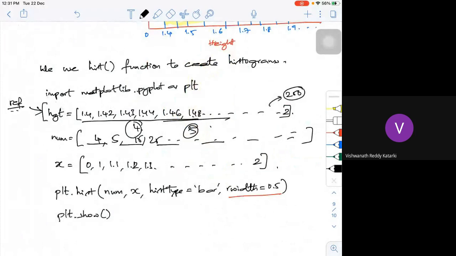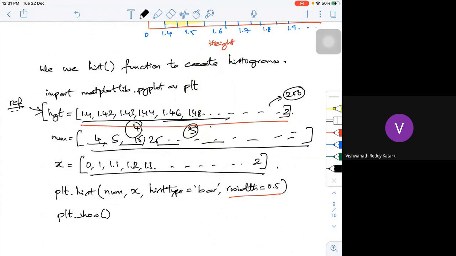What I'm trying to plot now is how many of the 250 people's data. So you are trying to count how many people are between 1.4 and 1.45, all those things. This is the data. You have to plot this versus this using a histogram, because a histogram is used to show the range, how many are there in it. This is how histograms are done.